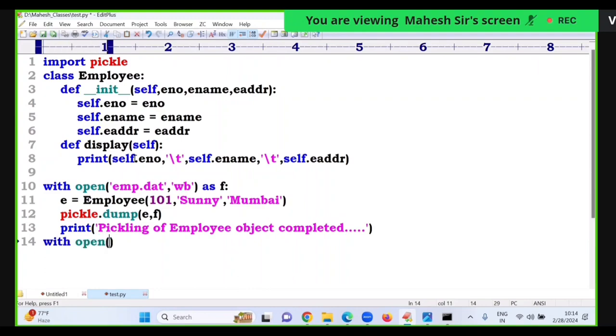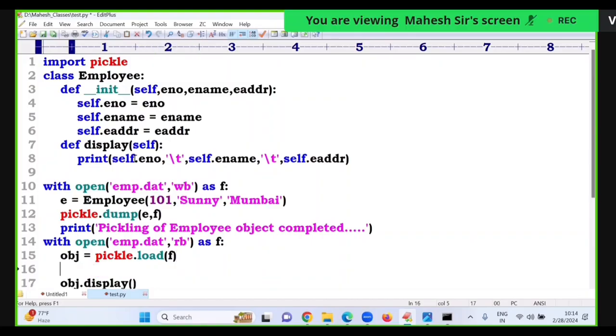With open emp.dat file. Reading purpose means I have to go with read binary as f. Now I have to go pickle.load of f. One object got read, give obj. By using this obj, I can call a method. What is the method? The display method. Print: Printing employee information after